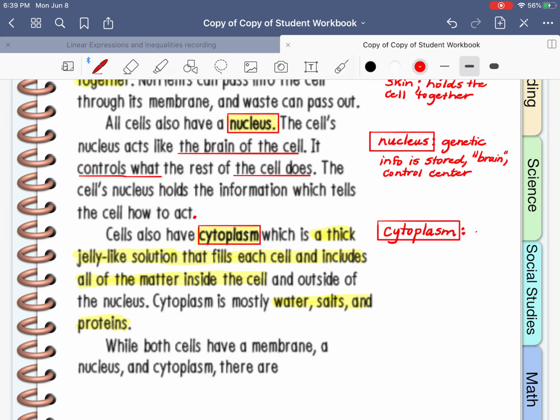And here's my definition. It is a jelly-like substance that fills a cell. That part is exact. All of this is true. I'm just paraphrasing. It gives the cell shape. And I think that's all you need. You don't have to know water, salt, and protein. That's fine if you do, but